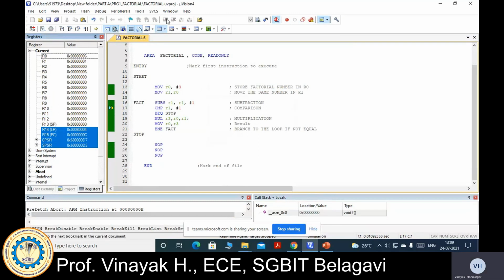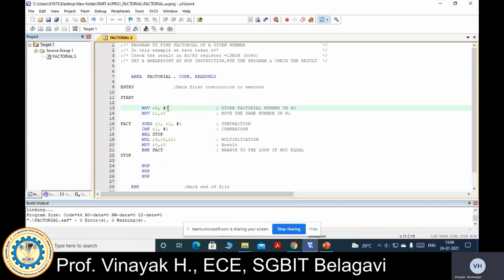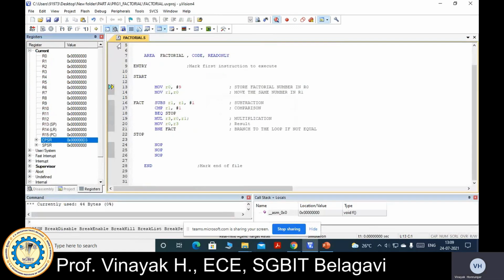If we have to check with different values again, stop it. I'll take 9. Save, exit. Execute. So let us find the factorial of 9. Now R1 is 8. So first loop, first multiplication, then R1 becomes 7, second multiplication, 6, then 5, 4, 3, subtract 2.